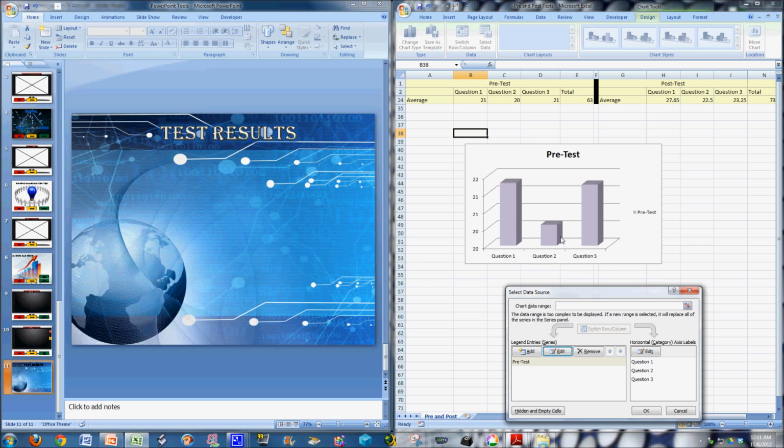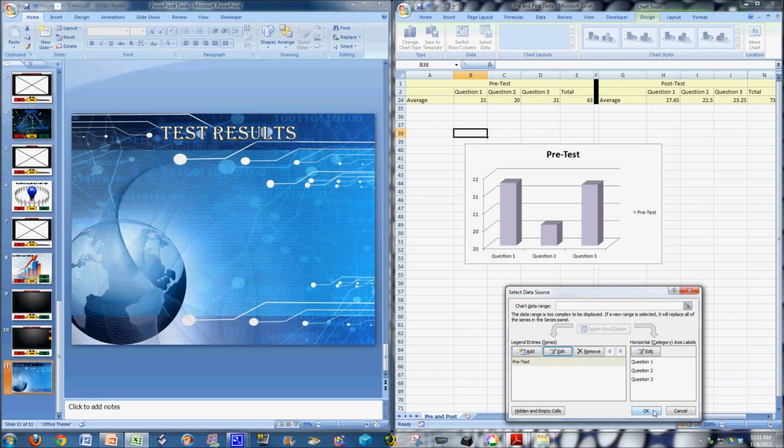Now you can also see that this isn't really that good of increments. It just goes from 20 to 22, which isn't really something that you want to do, especially for an analysis. You want to have the entire range of possibilities. So for this one, each score was possible of getting 33. So I want to